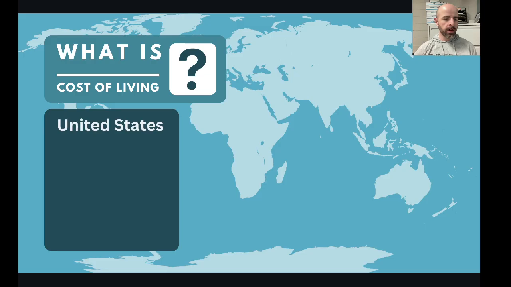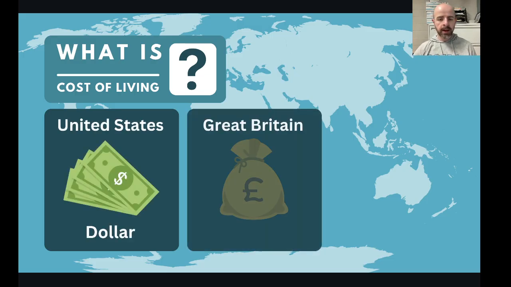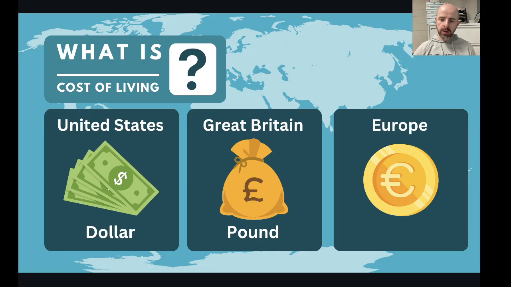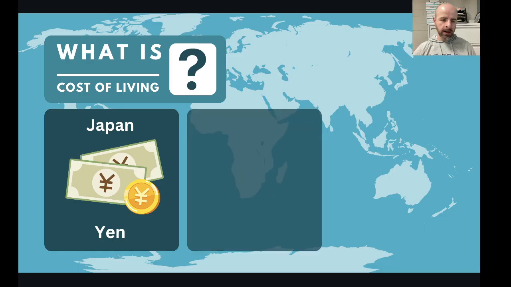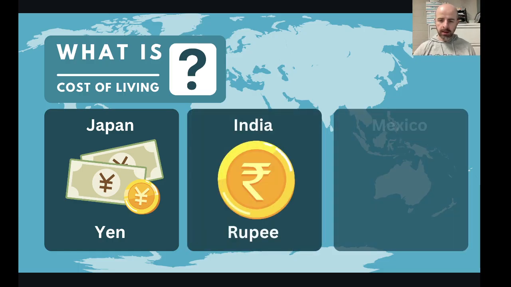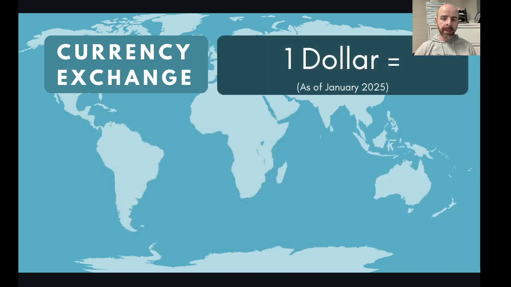So, in other countries, they use different forms of money. In the United States, we use the dollar. If you go to Great Britain, they use the pound. If you go to Europe, they use the euro. If you go to Japan, they use the yen. India has the rupee. Mexico has the peso. Different countries all around the world have different money, and that money is worth different amounts, and that is called